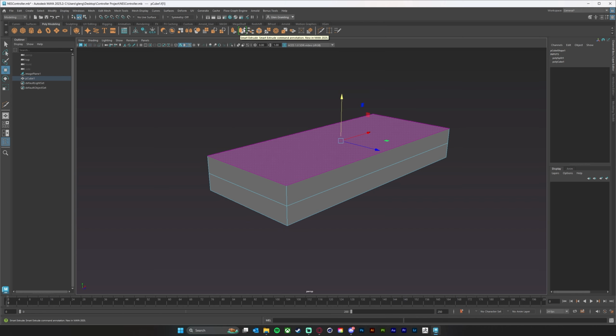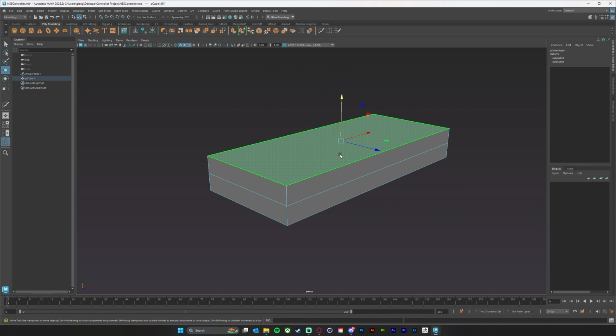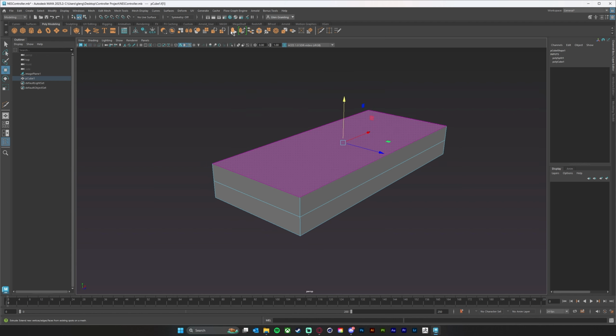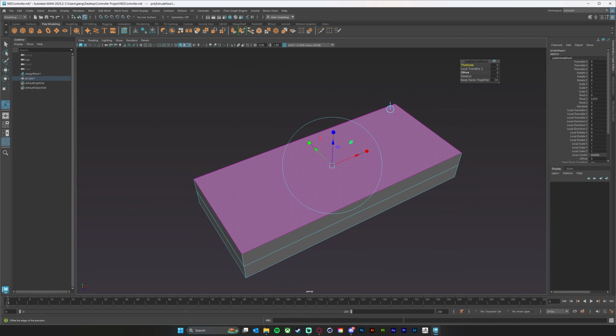And then you also have this smart extrude function, which is new to Maya 2025. This is really cool, and I encourage you to look this up on your own. We won't really be using it in this project, but it is a really cool feature, and I do like it and use it a lot on other projects. But we're just going to use the extrude function itself here. So I'm going to just click extrude, and then we're going to use our offset to kind of offset that inward